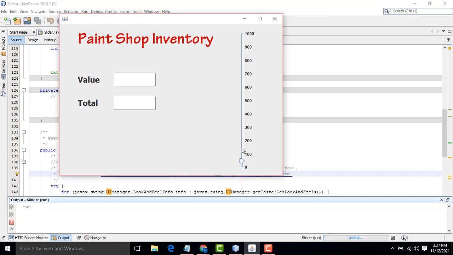This is the slide bar. You have to move the slider. You can see the value. Okay, 200. This price will be automatically displayed. This is the price. If you move to 400, here is the price. 500 is the price. So 1 liter price, I have included as 1200. If you count 900, it automatically changes.